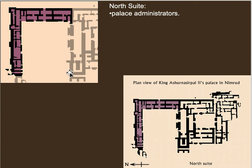Okay, so based on the artifacts that were found, we can identify the function of several of the rooms. You'll notice that this very long open room is the throne room. These suites up here were for palace administrators. They found over 400 cuneiform tablets, as well as a set of weights here. There were workshops with tools, a toilet, storage areas, entrance guard rooms, and also storerooms for grain and oil. So, you get the idea that there's a lot of support for what we call staff and personnel and government